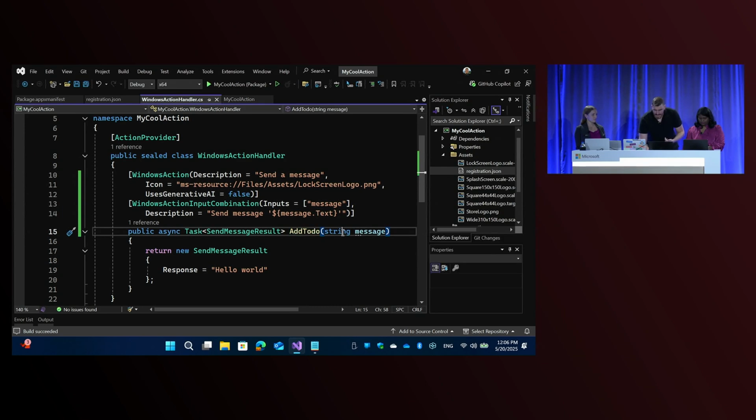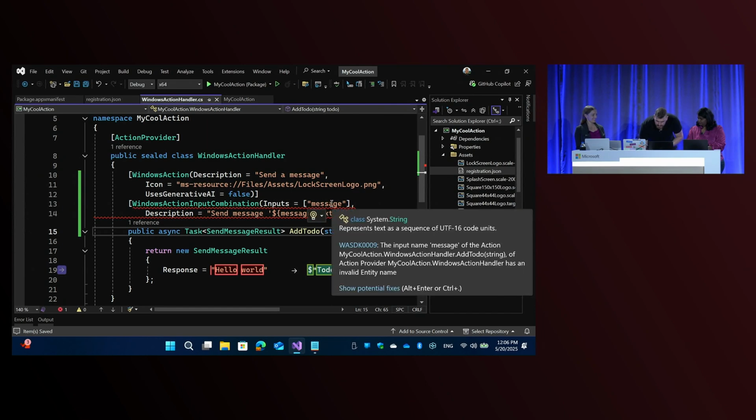But if we go back and we try to actually change the inputs, and in this case, this is our entity, we have one entity of type string, so it is a text entity, right? But let's say that I wanted to have something else. Let's say that I wanted to have a second parameter here that was a file. So in the add to do, we not only have this, let's say, actually, let's change this to do. Oh, wait, something broke. What happened?